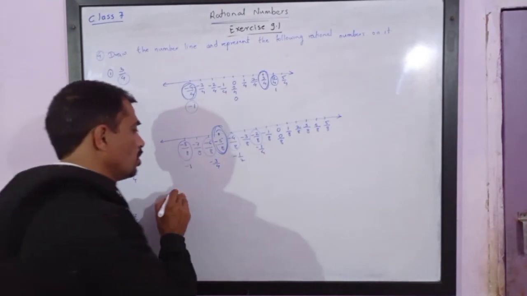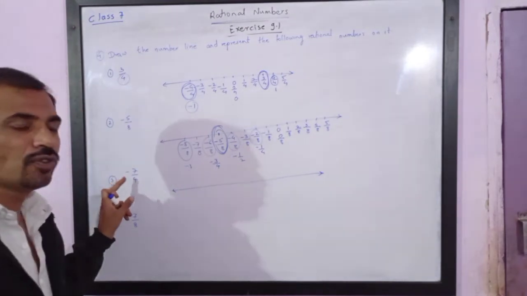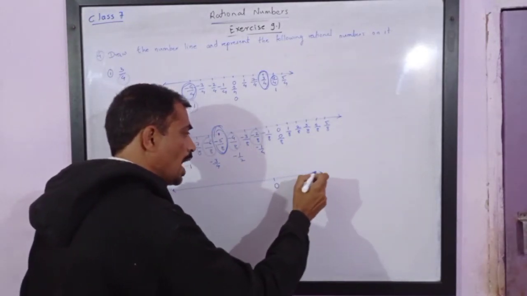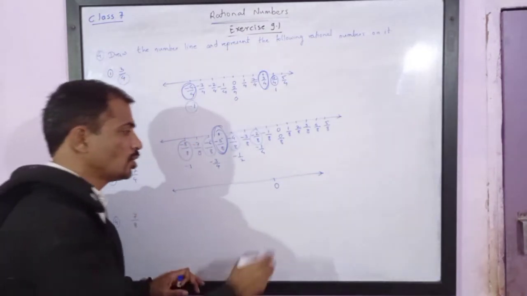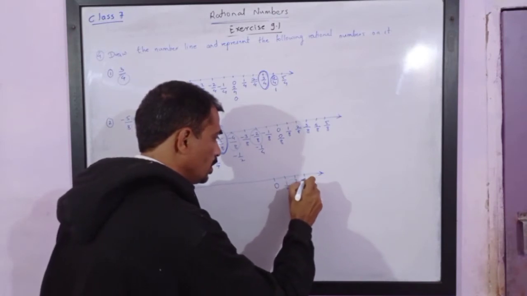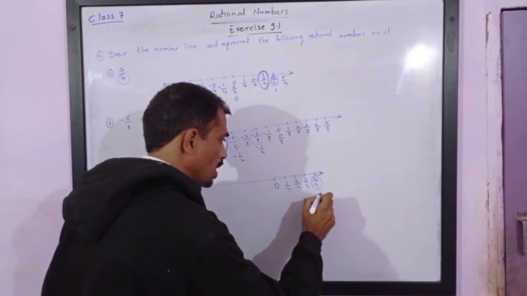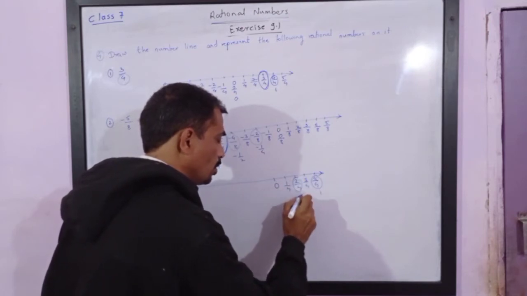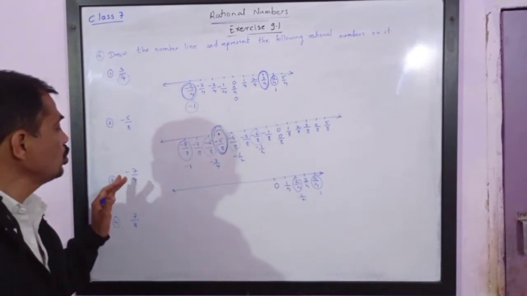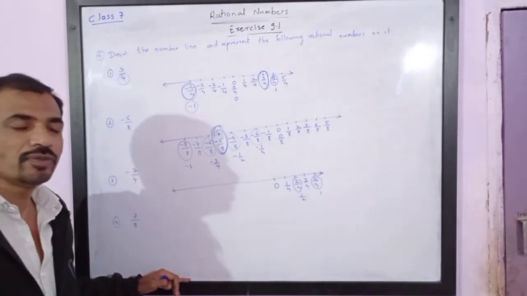So for this, if you want to draw the number line, please note, denominator is 4. So we split 0 and 1 in 4 equal parts. First part will be 1 upon 4, 2 upon 4, 3 upon 4 and 4 upon 4. Please note this 4 upon 4 stands for 1 and 2 upon 4 stands for 1 upon 2. We are asked to plot negative 7 upon 4, so it will be to the left side of 0.